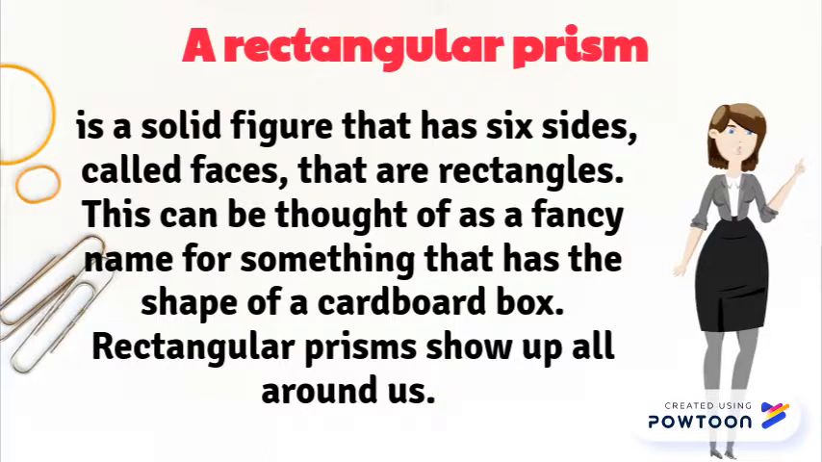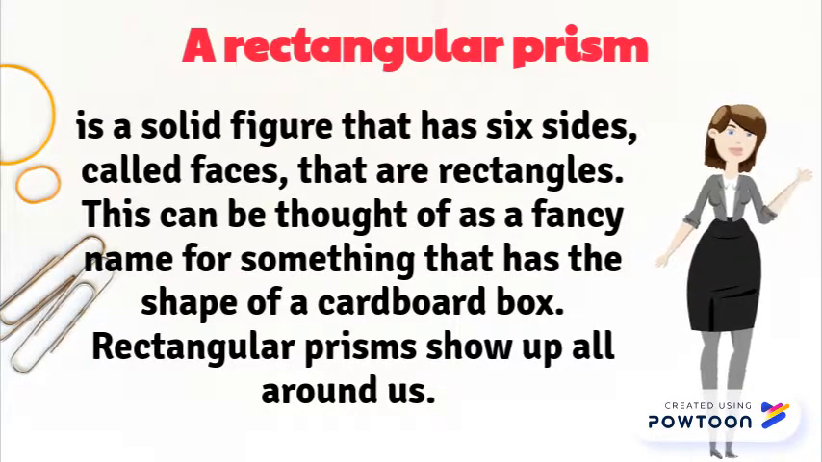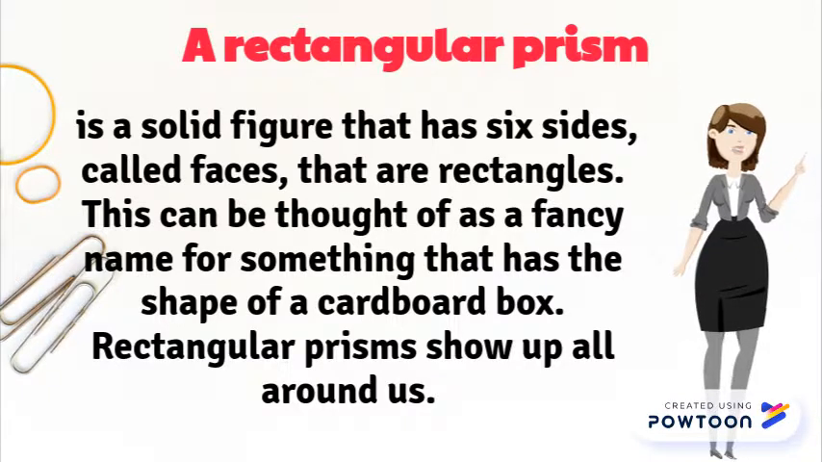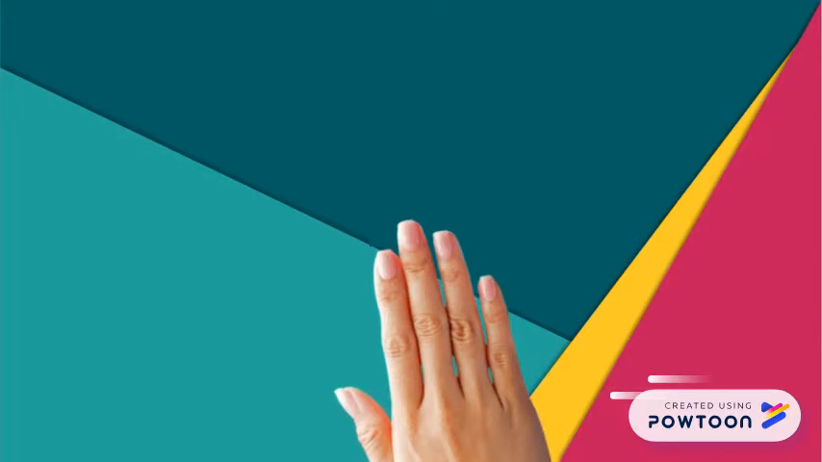A rectangular prism is a solid figure that has six sides called faces that are rectangles. This can be thought of as a fancy name for something that has the shape of a cardboard box. Rectangular prisms show up all around us. Some examples: